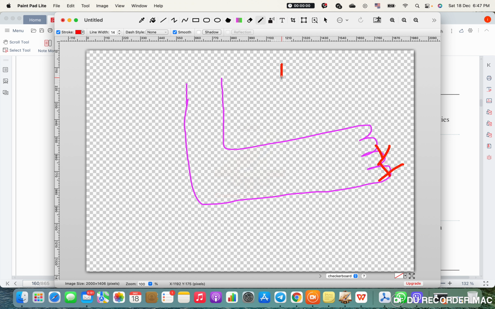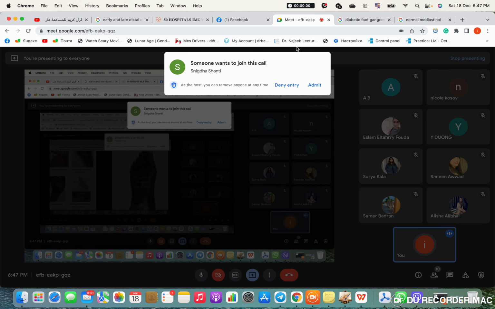And you have option number 1, arterial insufficiency. Option number 2, venous insufficiency. Option number 3, diabetic foot. So if the lesion was here, what will you choose? 1, 2, 3, arterial insufficiency, venous insufficiency, diabetic foot. It is not diabetes. No, it's not diabetes. It's arterial insufficiency. If you have decreased blood flow to the leg, the area that will be affected the most is the area that will be the most distal. So in case of arterial insufficiency, the lesions will be at the tip of the fingers, okay?